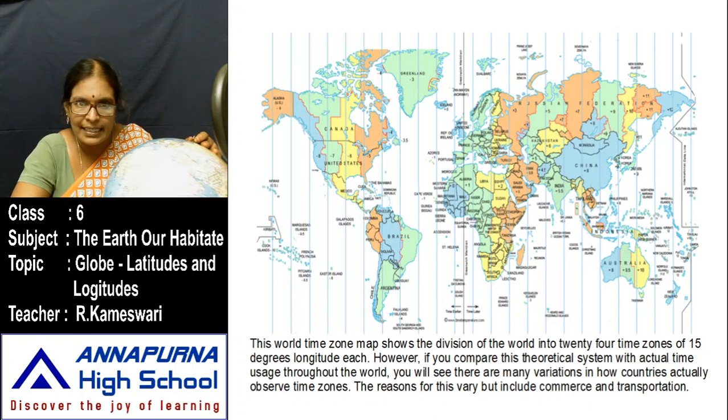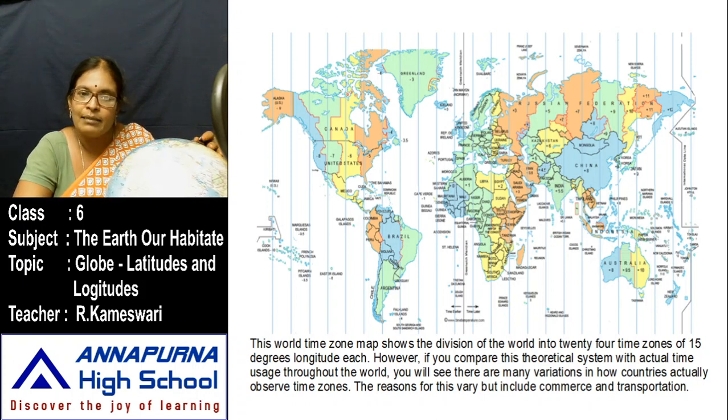Suppose here I said 15 degrees longitude, what is the time? Here the time is 12 a.m. What is the time in 15 degrees of longitude? Yes, here 15 into 4, how much? Total 60 minutes, 1 hour ahead of the Greenwich. Here the time is 1, automatically here the time is 1 p.m. At the same time, on the back side of the Greenwich at 15 degrees, it is only 11 a.m. That is the difference. Now our India is here.